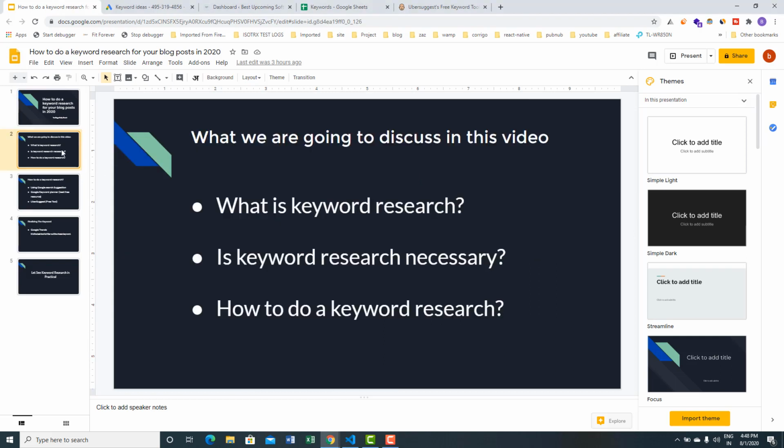So let's see. First of all, going into keyword research, one thing that comes into my mind when I first started: what is keyword research, or what is a keyword? In general terms, whatever we search, like how to install WordPress or best WordPress theme or WordPress theme free. These are the words that are searched by the user in Google,